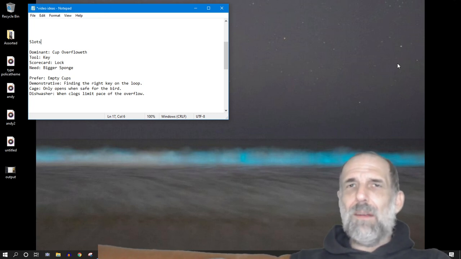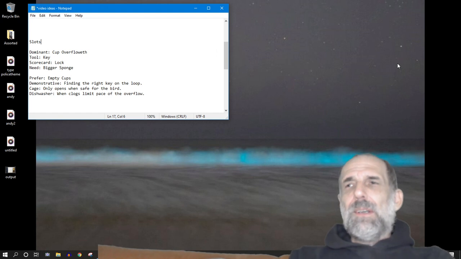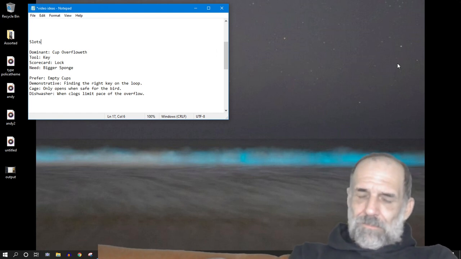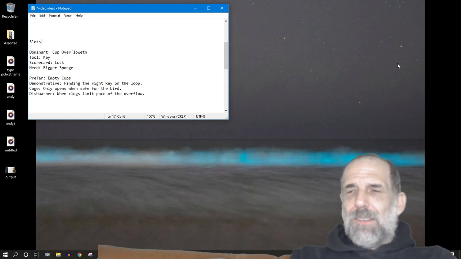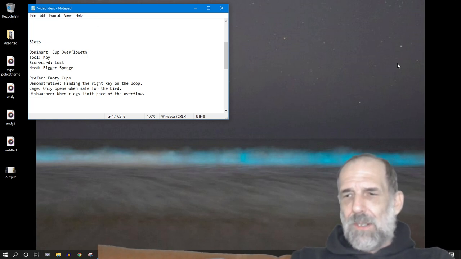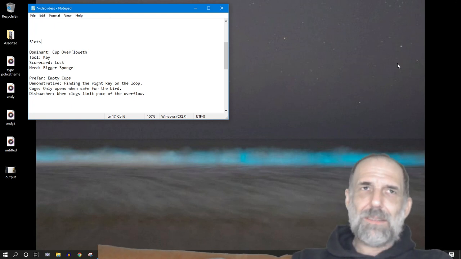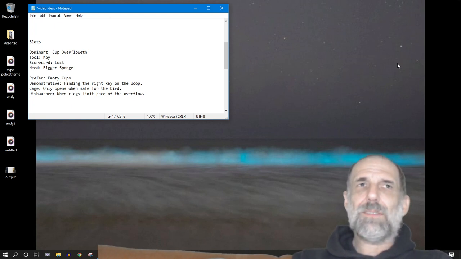It's spewing out liquid from the top of the cup. Here's the deal. That's a good metaphor for an action type because it's doing something. But it's not such a good metaphor for a knowledge type. But nevertheless, let's go ahead and describe your slots in the following way